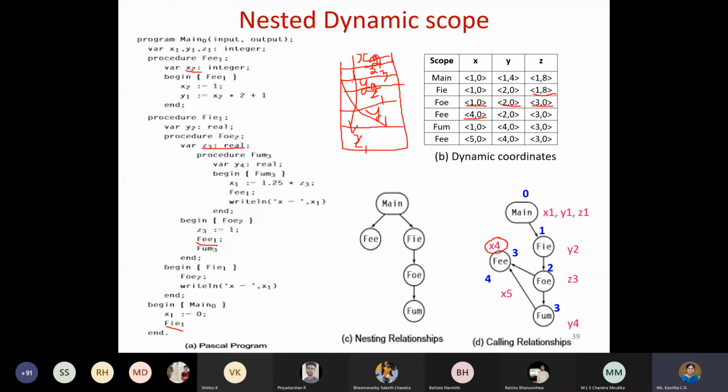Where it will encounter Y, it will encounter here. So it will be using the most recent, that is Y2 only. And then what about Z? Again, it will start from the top. What is there for Z? Z is also 3, 0. That's why I use the term closest. Closest means whatever is most recently pushed onto the stack, that's what it is going to use. Okay, so that's about phi.